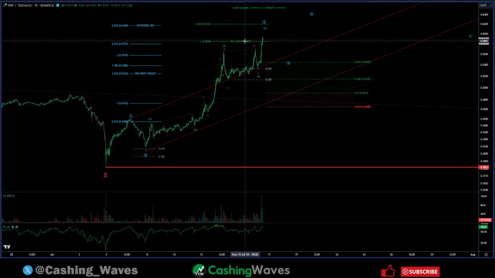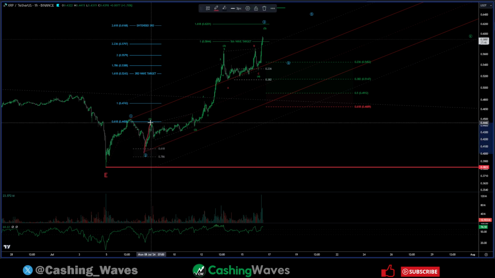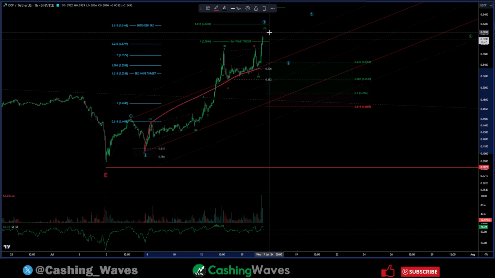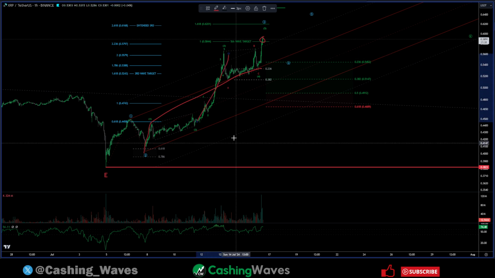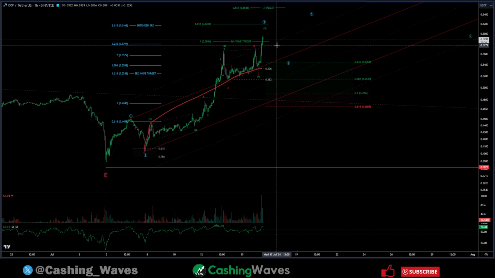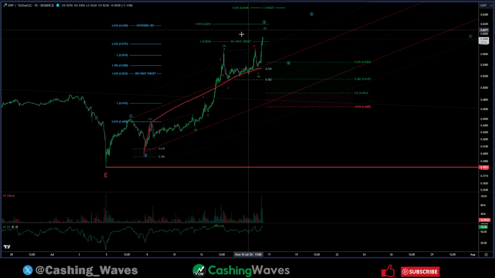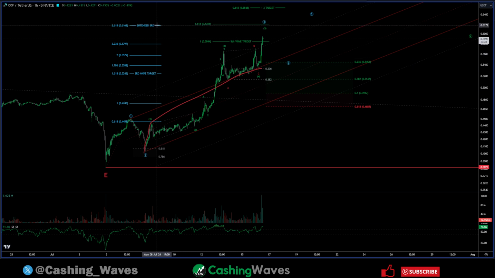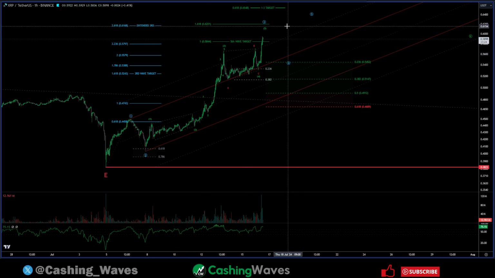Here's our targets for our fifth wave, and how that is calculated is this second 1-2, the length of it, projected off of wave 4. We usually find confluence between that zone when a third wave is extended. You can see we've come slightly past that. Second target is 62.01 cents. That's the 1.618 extension of wave 1 off of wave 4. You can see that lines up quite nicely with that 2.618. So we'll see if we get that.